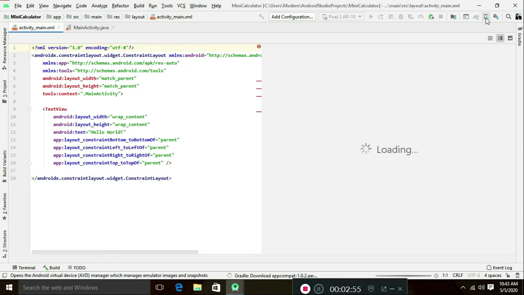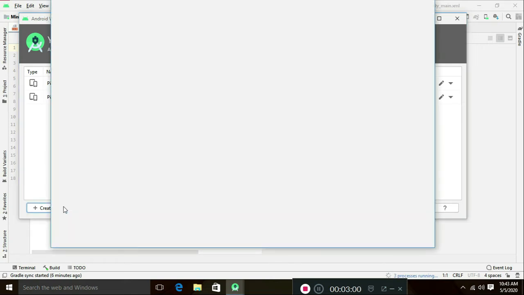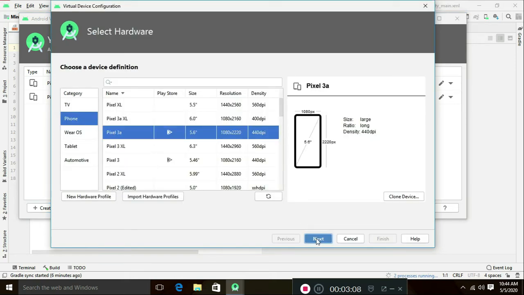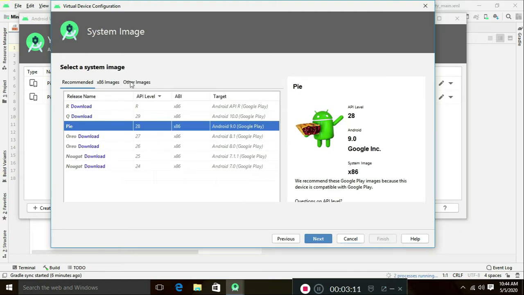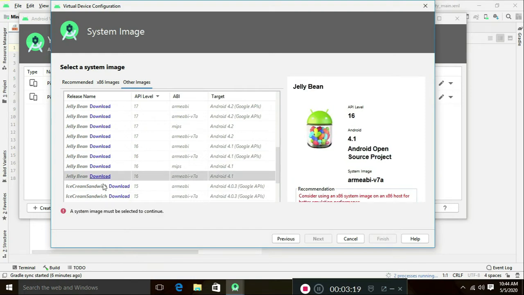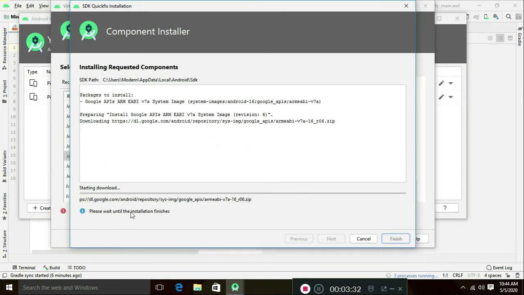An emulator is a virtual device that acts as your mobile phone. Installing your project in the emulator to view your project performance. A pop-up window opens, the Android Virtual Device Manager. Select your virtual device. Select your Pixel. What Pixel do you want? I want 5.6. Click on Next. It recommends Pie or Q, the latest versions of Android, but my processor does not support those versions because it is old. My processor is an Intel dual core, so I use another image that an old processor will support. I will select the Jelly Bean download.